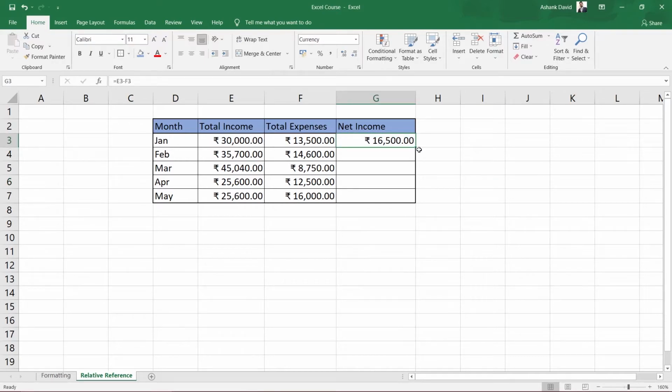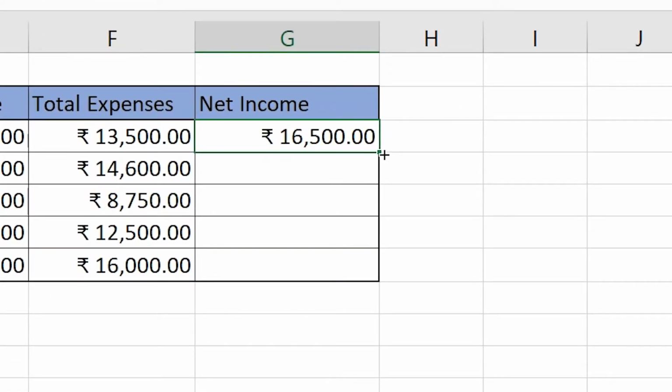And look carefully: if I bring my cursor to the bottom right corner of this selected cell, you see our cursor changes from this big plus sign to this thin black plus sign.